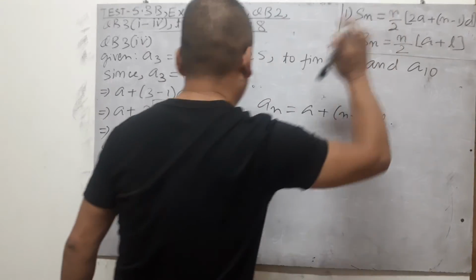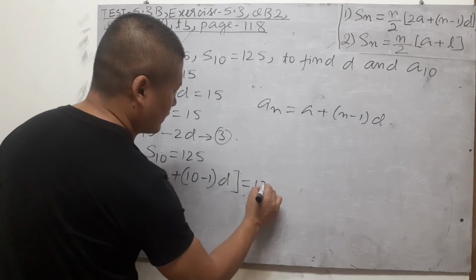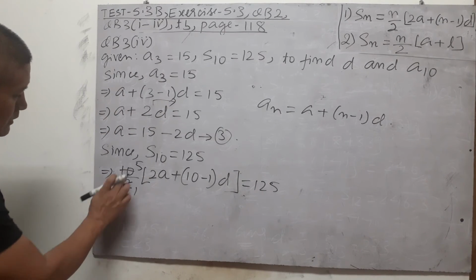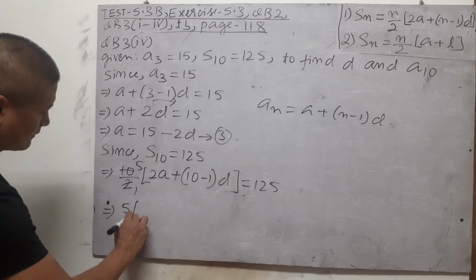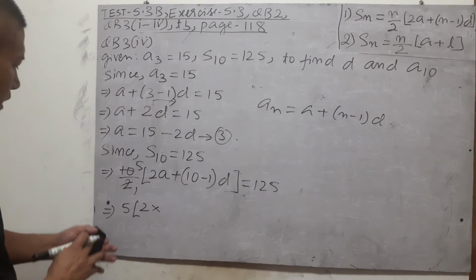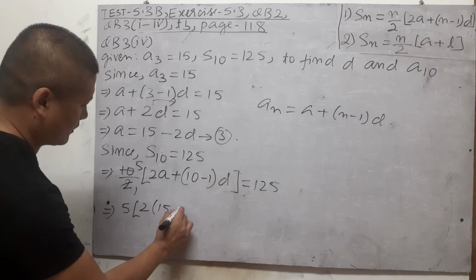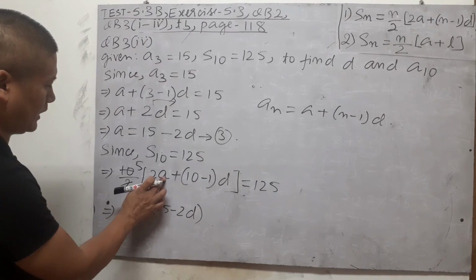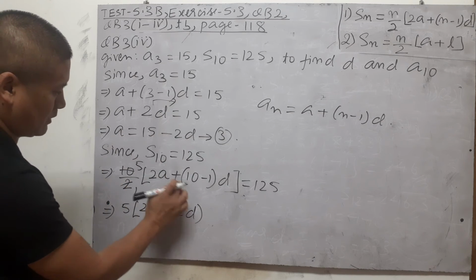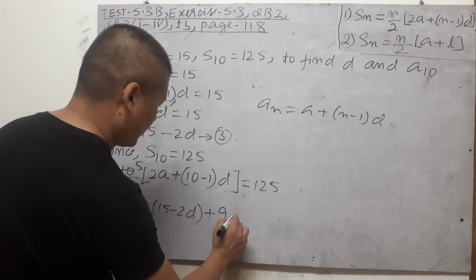N minus 1 into d, 2a. So here now, on the right side, 125. So 2 1s are 2, 2 5s are 10, so 5 by 1 is 5. 2 into a. We don't know a yet, so we can substitute 15 minus 2d. In place of this a, I'm putting this value here. So 2 multiplied to a, plus 9 minus 10 minus 1 is 9d,